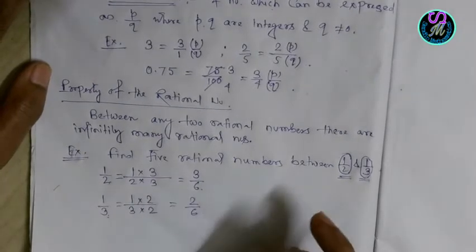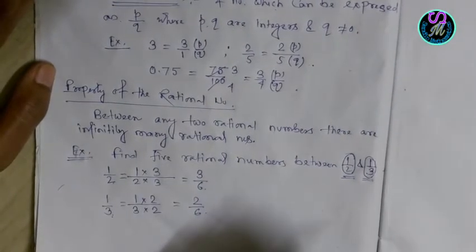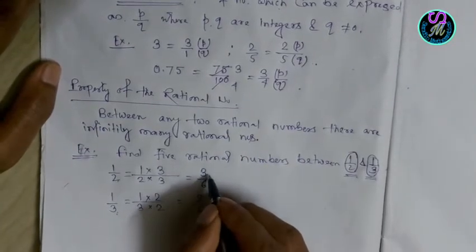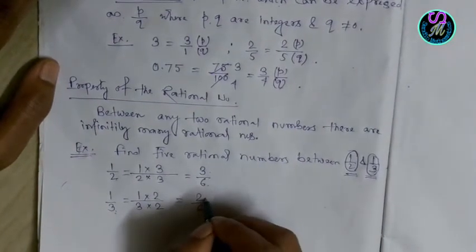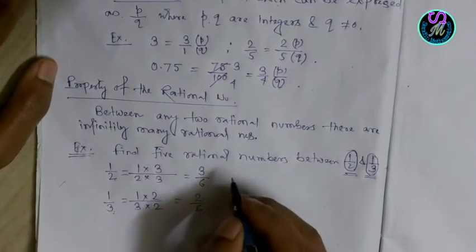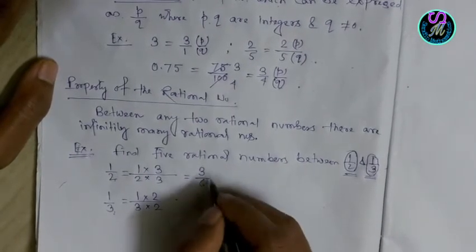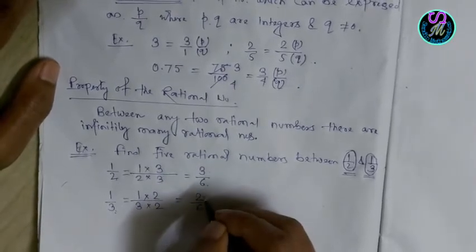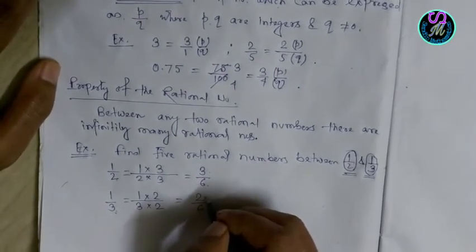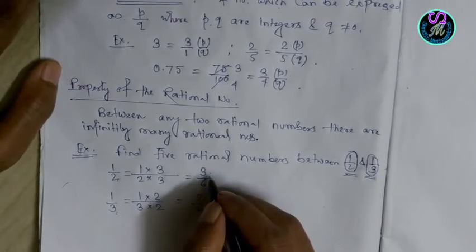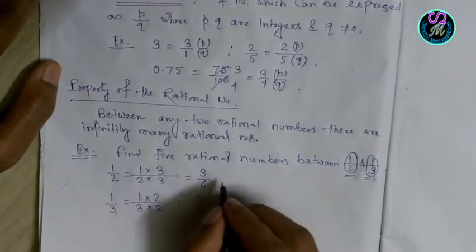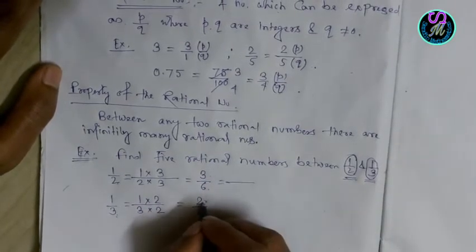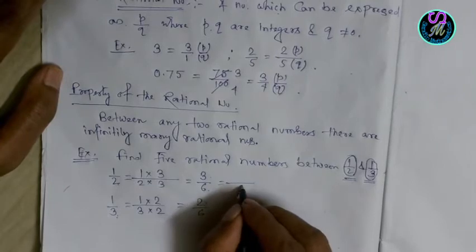Now we have to find two rational numbers. Two rational numbers, that means one number is 2 and another number is 3. In between 2 and 3 there is no natural number present, and no integer lies between 2 and 3. Here the gap is 0, 2, then the next number is 3.